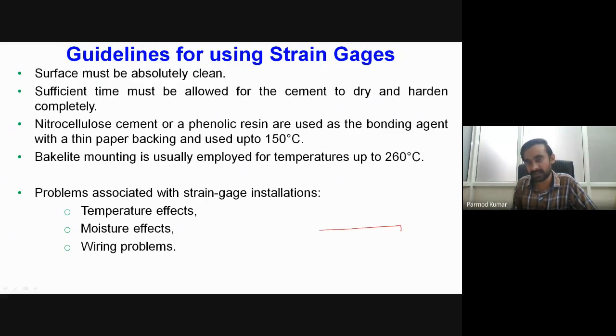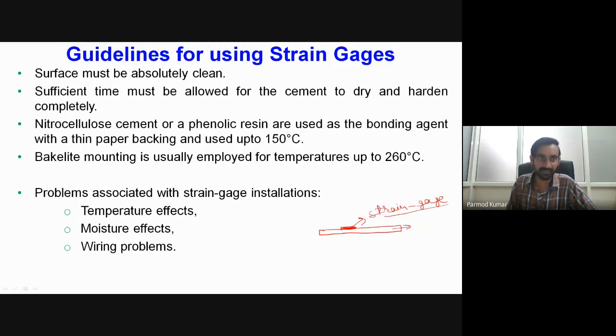For example, this is our diaphragm surface. We will be pasting a strain gauge over the diaphragm surface. This is our diaphragm, and this particular device which we have pasted exactly over the surface, I am calling my strain gauge. Why should it be rigidly pasted? Because whatever deformation is happening in our diaphragm, the same amount of deformation should happen in our strain gauge. If there is a difference of deformation between the two, there will be some errors associated with our measurement.